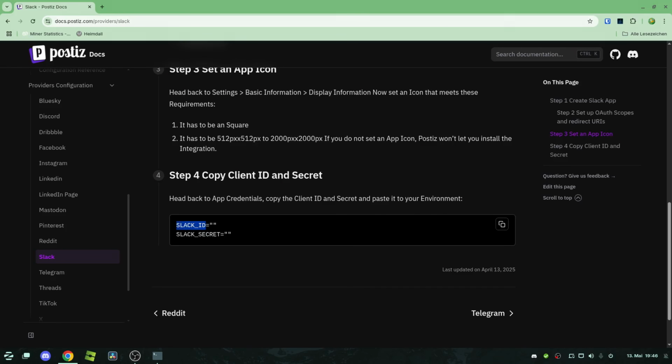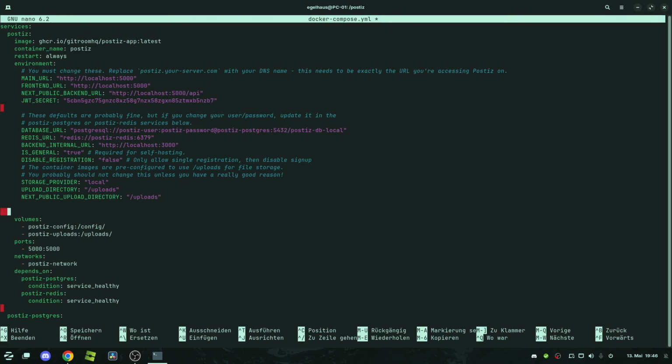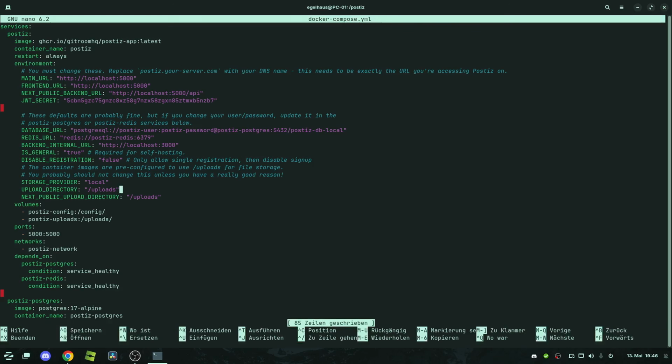What you're gonna want to do is copy this, paste this in here, a double dot, this, and then your client ID if you would want to use that right now. Now I'm not gonna use Slack right now. I will show you at a later date. As mentioned previously, I won't need to change anything here. I could just